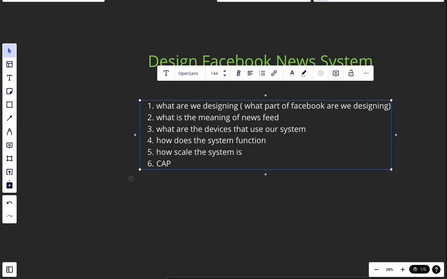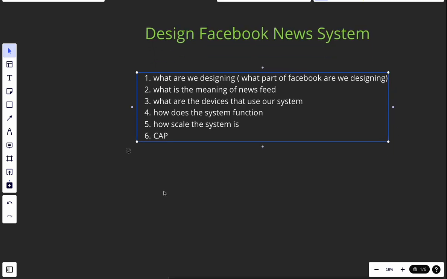The system continues to function even in the presence of network partitions or message loss between nodes. According to the CAP theorem, a distributed system can achieve any two of the three guarantees, but not all three simultaneously. So we have something called a